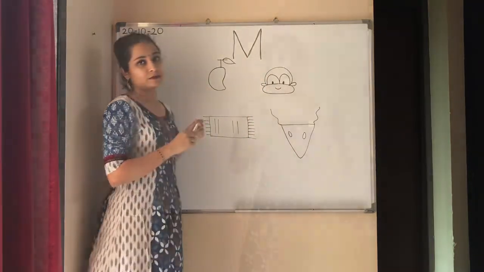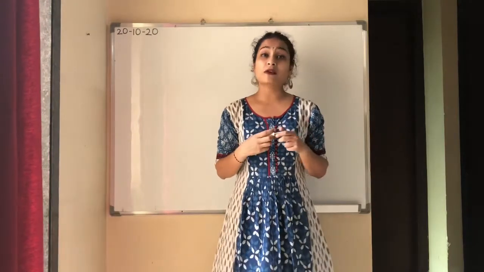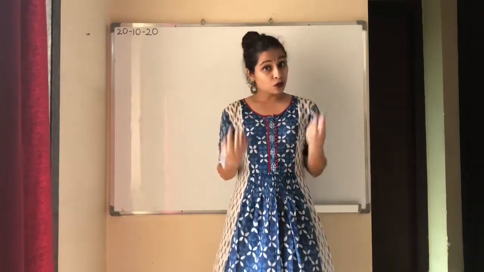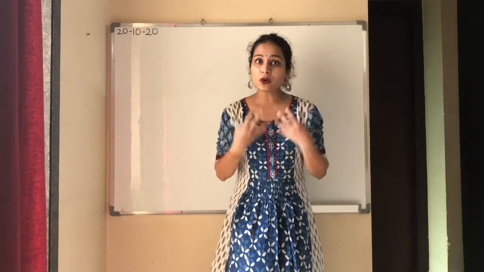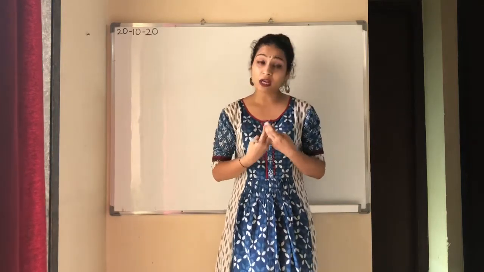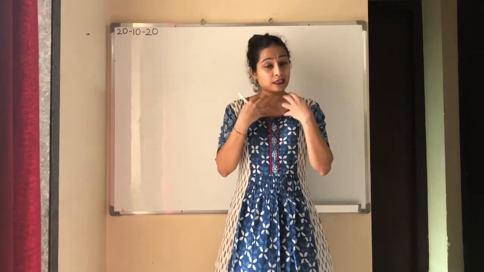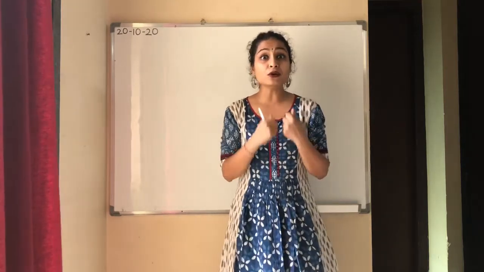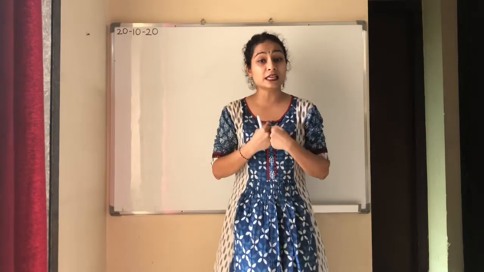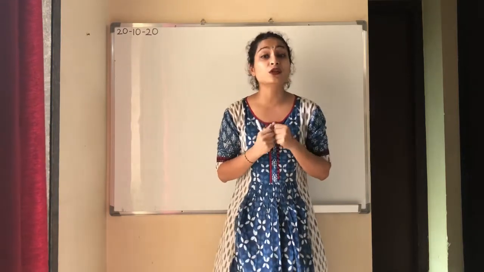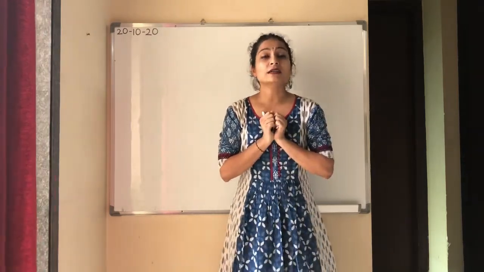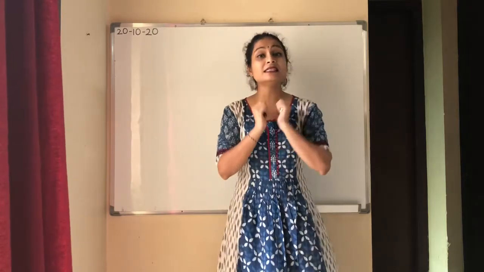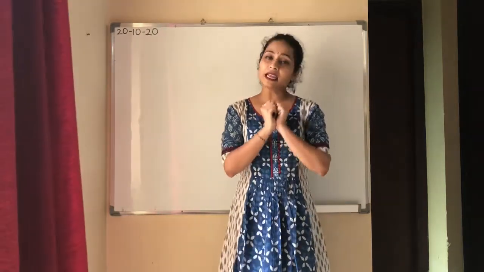Okay kids? So kids, now we will learn how to write the letter M. To write the letter M, you have to get your English blank book and sit in front of the screen. Come on, go fast. Tell your mama and papa to give you the blank book and come and sit with the brown color. Which color? Brown color.